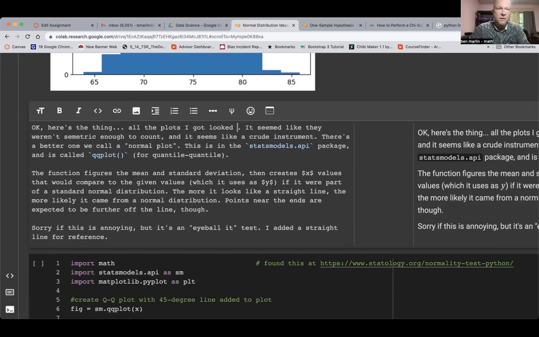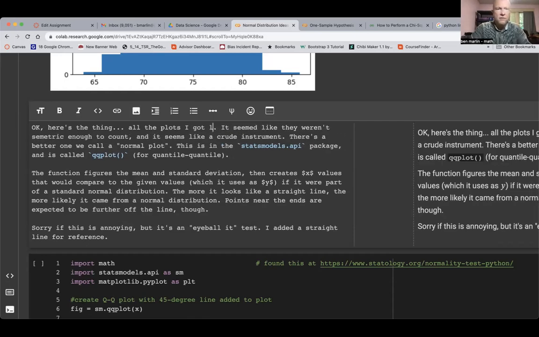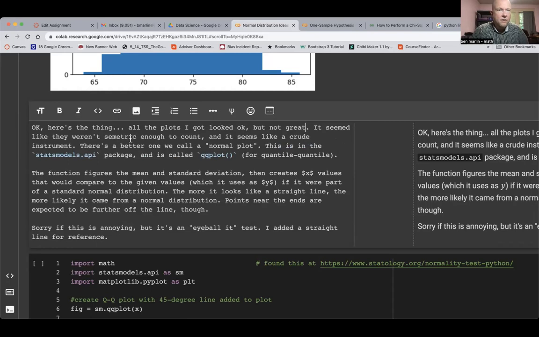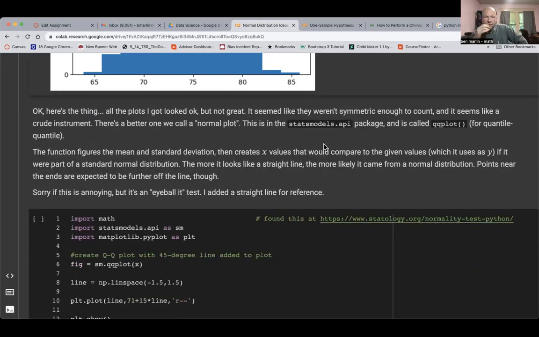All the plots that I got looked okay, but not great. And I need to spell the word symmetric right. I've gotten used to a spell checker helping me out all the time. All right. So anyway, though, instead of doing things